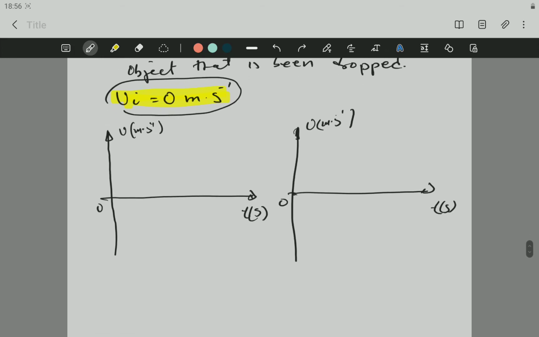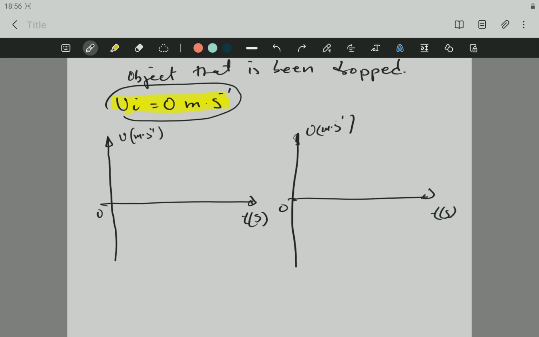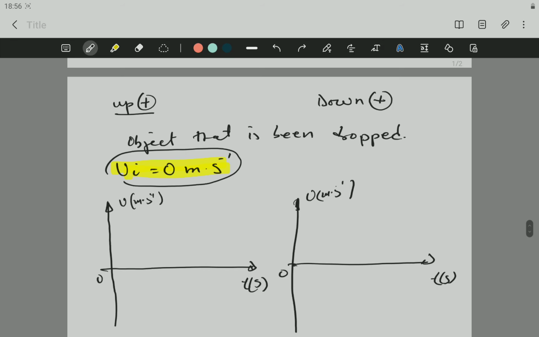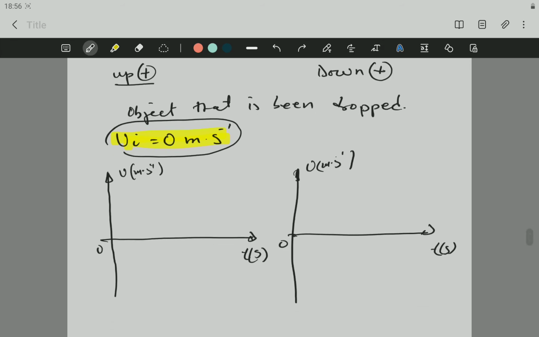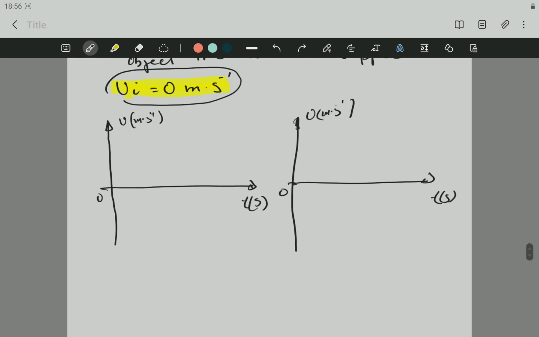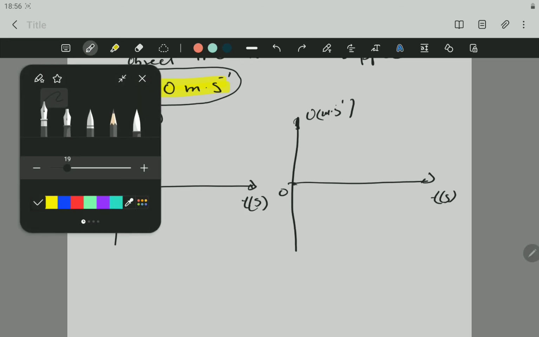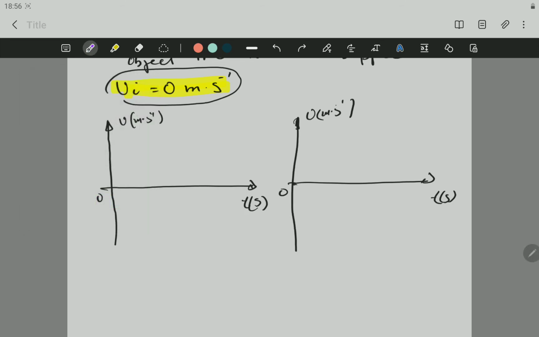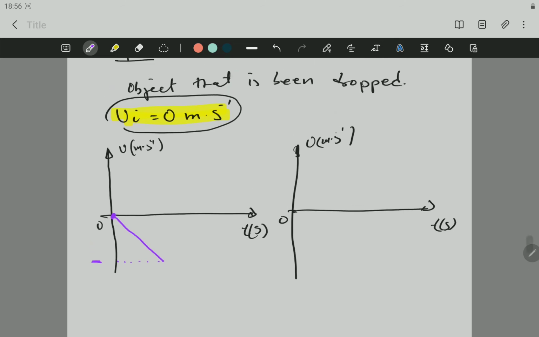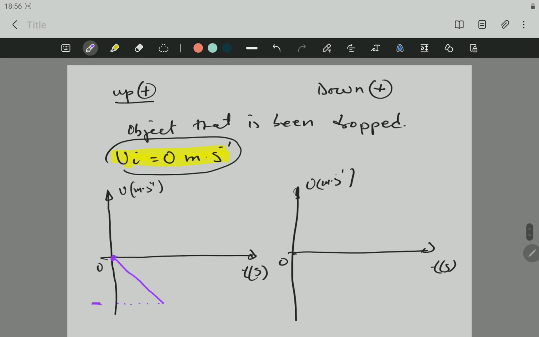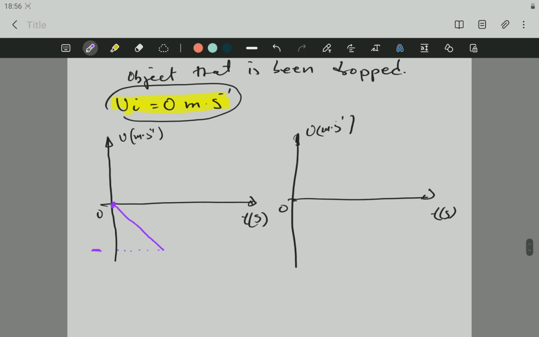So that means that the final velocity must be negative. The final velocity here must be negative. So the object will start from 0 because it's been dropped, to a negative velocity. Why negative velocity? Because it is moving down, the object has been dropped, and up is positive. So this is an object